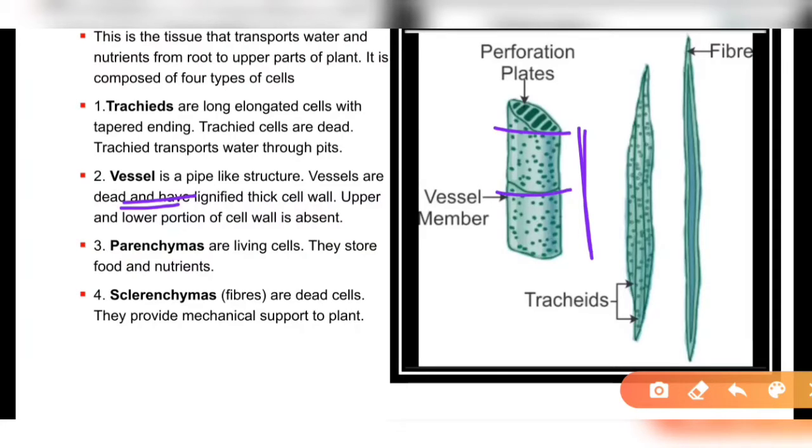Their end walls have perforations, which means there are spaces between them so they can easily carry the water. It is like a series of water pipes forming a pipeline. Each cell of this tubular structure is known as a vessel element. The vessel element is shorter and wider, and it possesses various types of lignin thickenings so that it can conduct water in all flowering plants, easily conducting through the perforations.